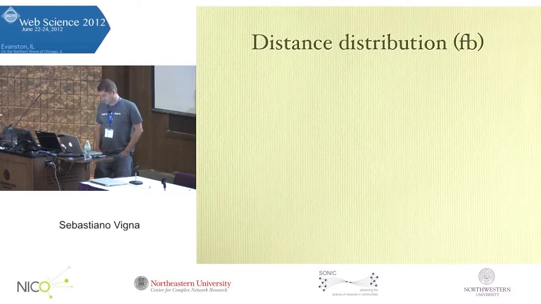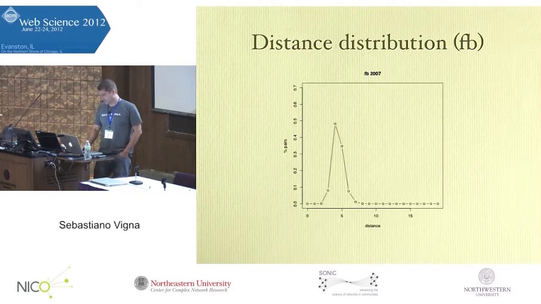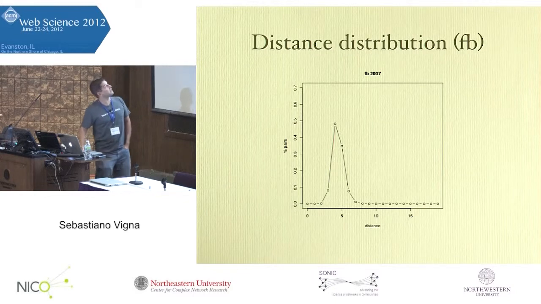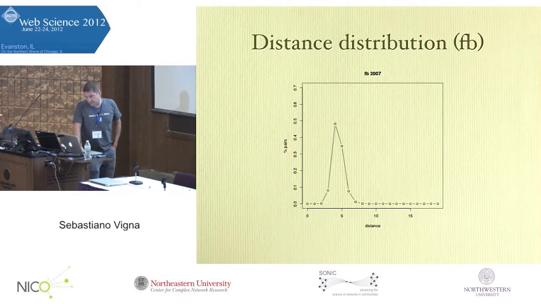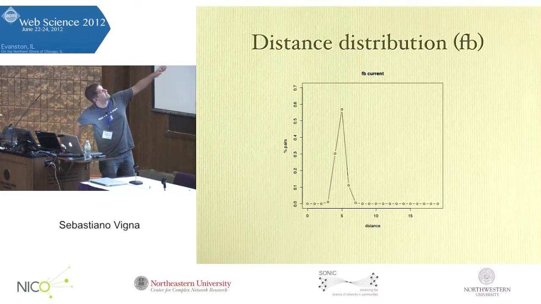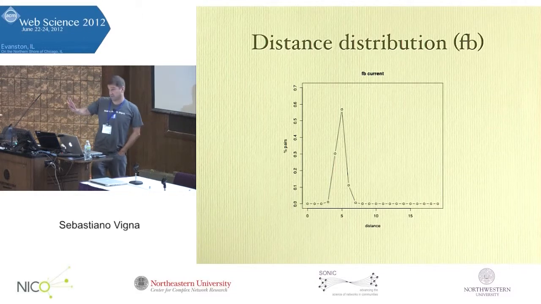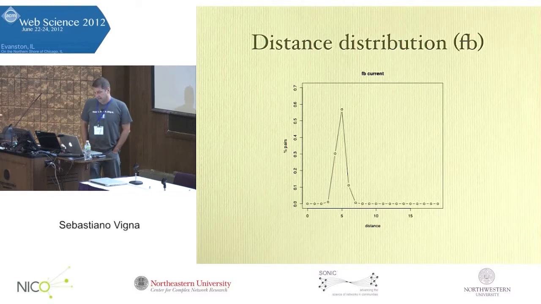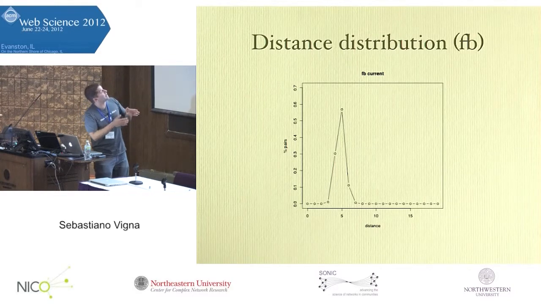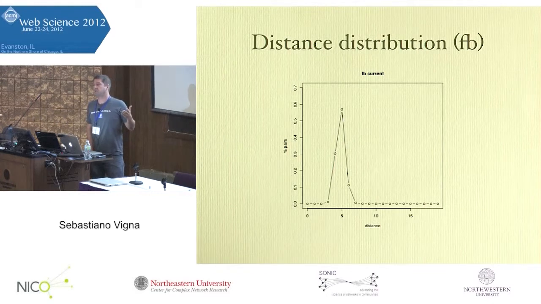So without much more ado, let's see what happens to the distance distribution of Facebook. This is Facebook in 2007. As you see, there is an initial enlargement, but then it consolidates very strongly with distance, the mode being 5 in a high spike, which means 4 degrees of separation, by the way. Again, this is distances, but degree of separation means 4. And it's incredibly concentrated, and actually 92% of users are within 4 degrees of separation. I mean, if you do the